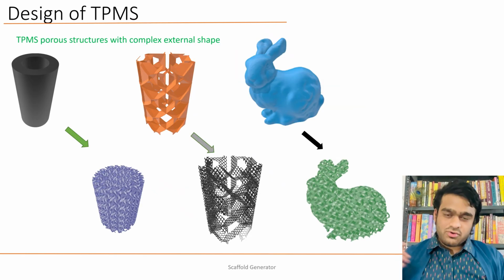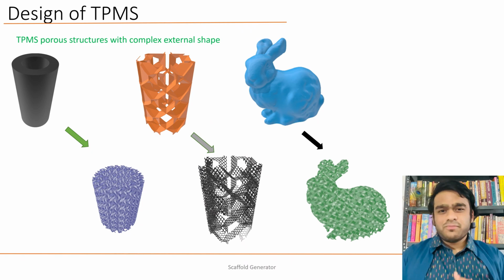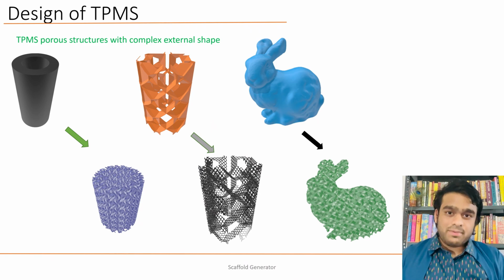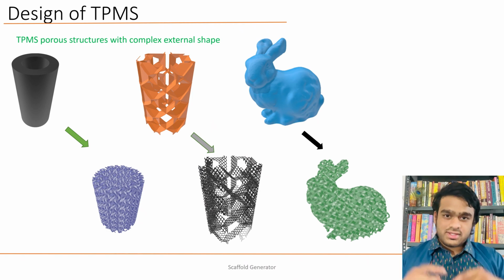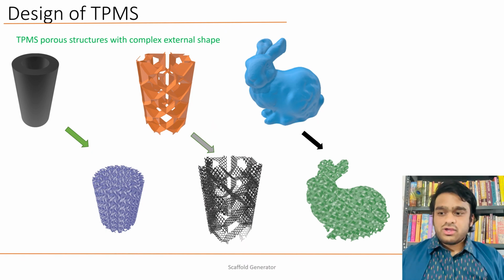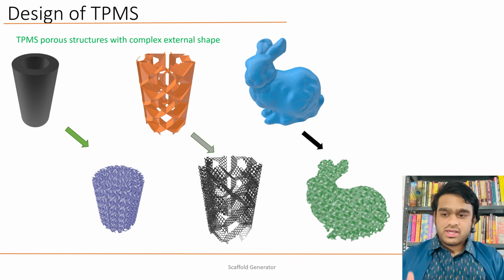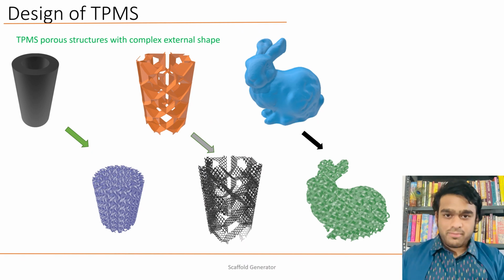Now the question is that you have the TPMS, but mostly the final shape of the structure is fixed. You are not able to change it, but you want to implement TPMS into this. But as you can see from the previous slides, these TPMS are very complex topologies. So how to use it? For that reason, the scaffold generator comes into the picture. You can simply take the STL file of your required shape, whether it be a very complex shape, like the Stanford one you can see there,